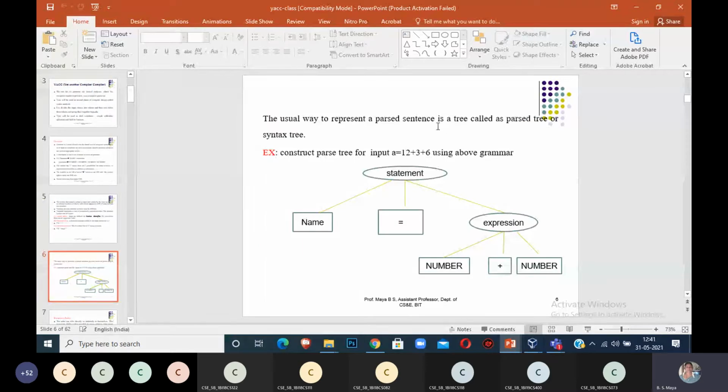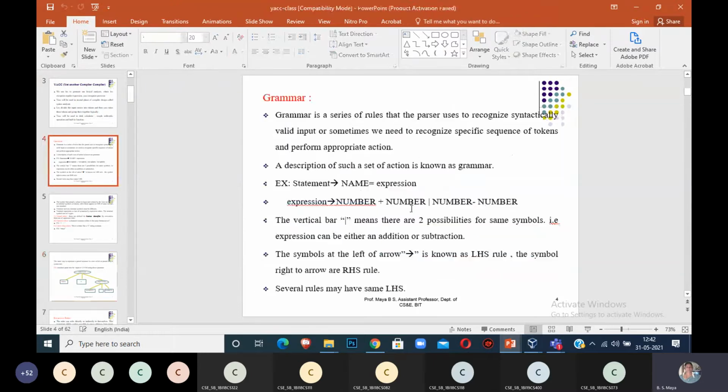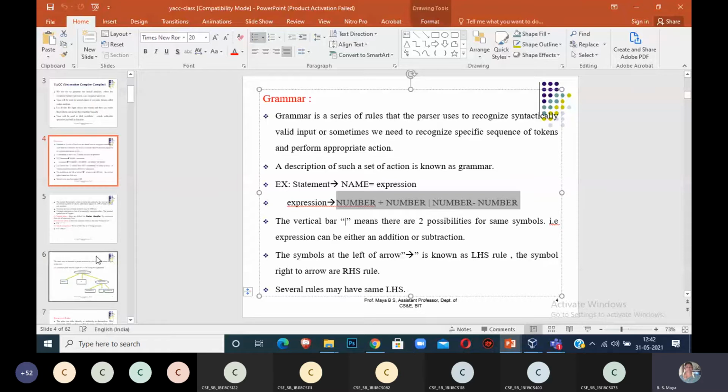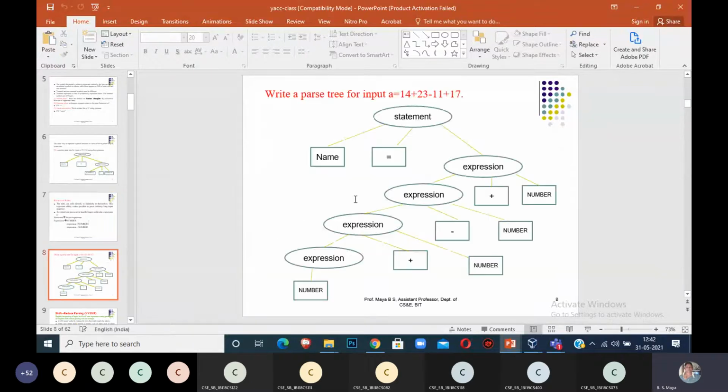When you think to construct the output syntax tree by using the grammar, I got this one. But if you want to modify my grammar to construct for this input, the above grammar is not possible because all are declared as terminal symbols. Then I replace this grammar with the recursive rule, that is, I am applying recursion. I modify it, then I construct the parse tree for this. Okay, till now we finished up.